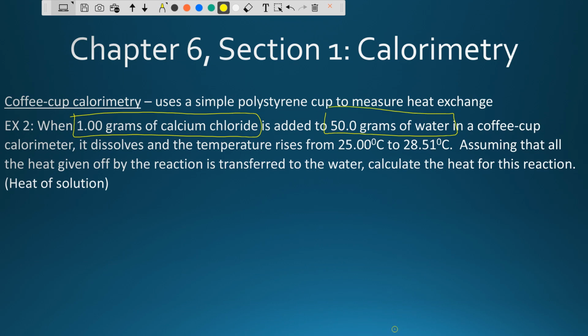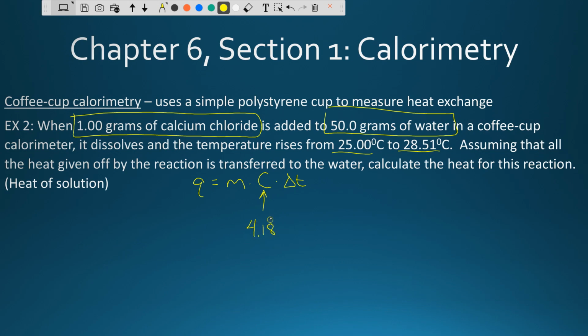It dissolves and the temperature goes from 25 to 28.51. Assuming that all the heat given off is transferred to the water, what would be the heat of this reaction? Well, remember, heat is Q equals M times C times delta T. This C is going to be my specific heat, and we put it into water, and so the specific heat